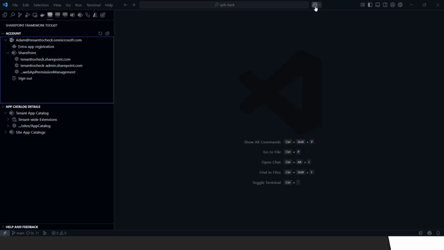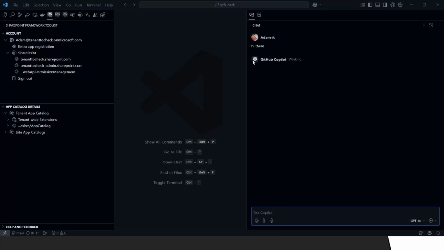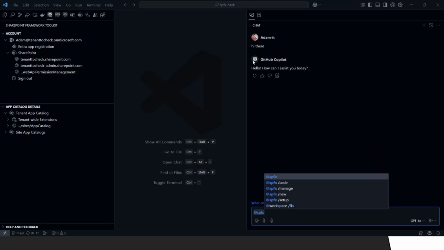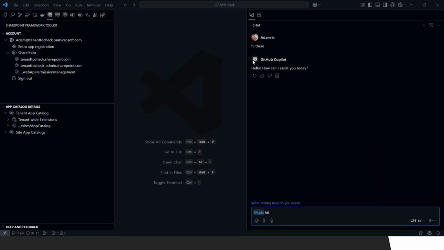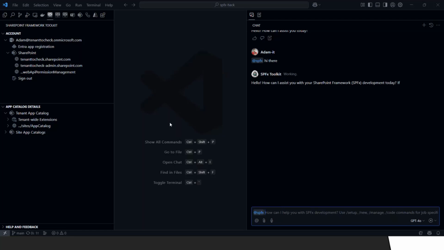When you go here, you get the standard Copilot experience, like "hi there." And of course, GitHub Copilot will answer questions about general coding stuff. But if you type @spfx now, and let's say "hi there" again, as you can see, it's the SPFx Toolkit that is answering the question, and the answer is already SPFx related. So there's no need to go to standard GitHub Copilot, you can use our SPFx GitHub Copilot chat participant,